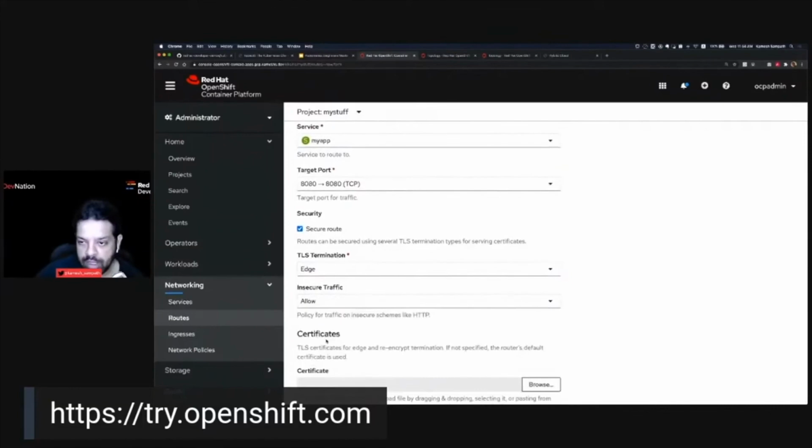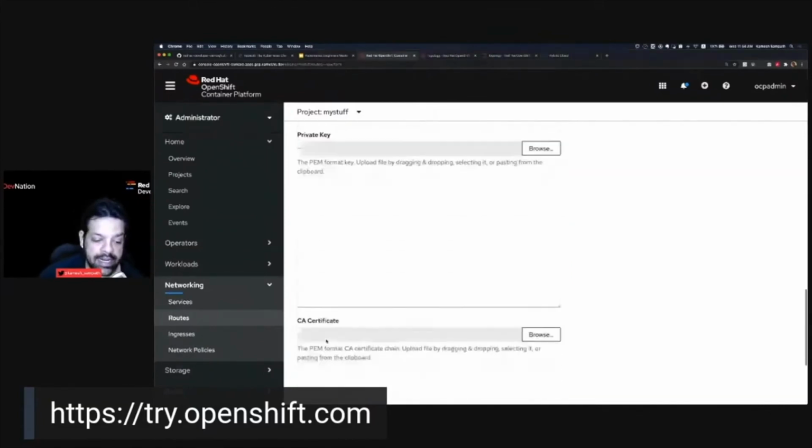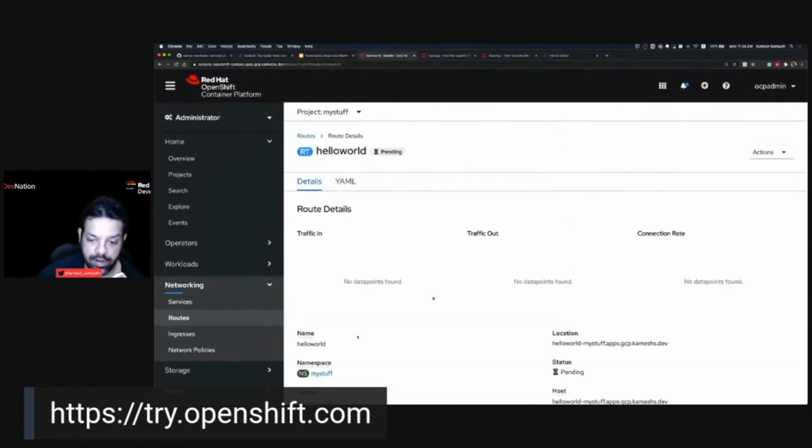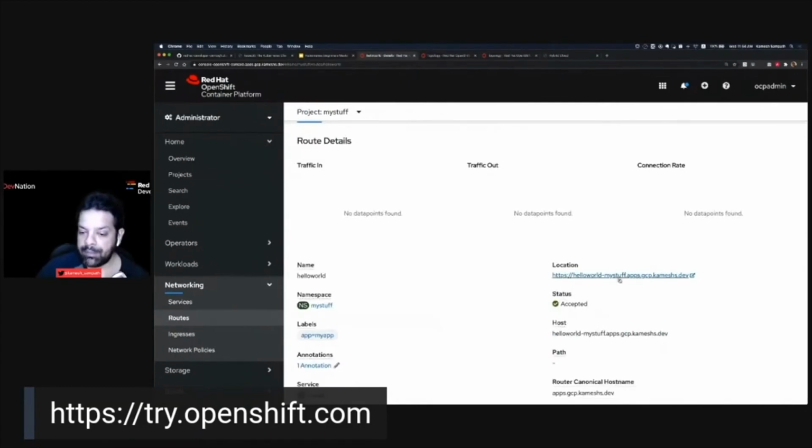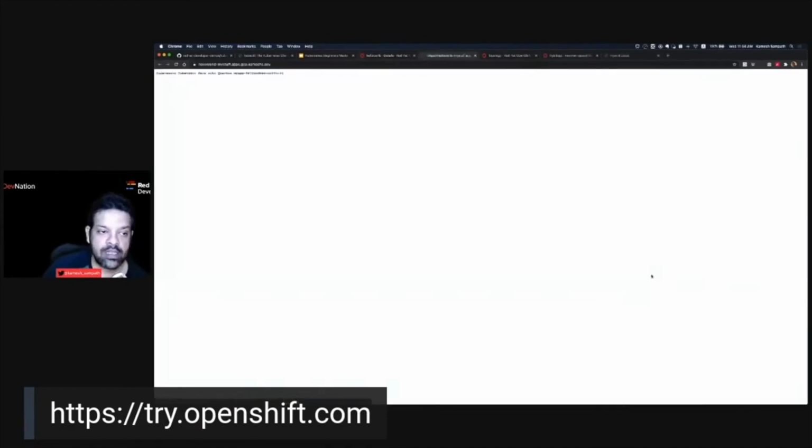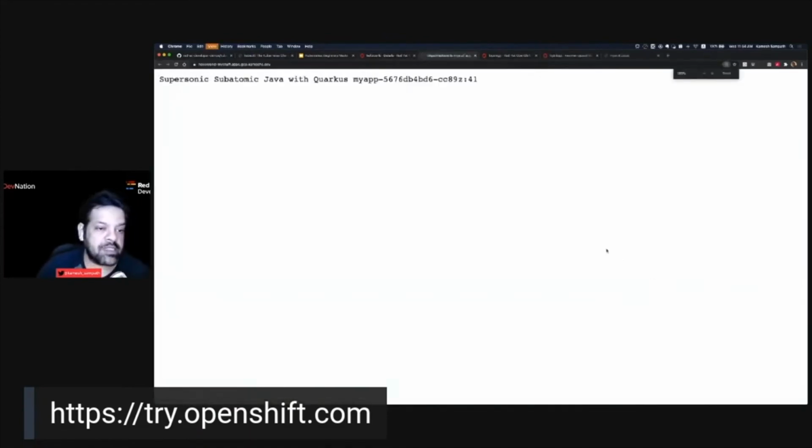Okay, these are all done through the console. And now the moment I click create, this is going to create a route for me, and then give me a public URL with my domain, because when you deploy an application, you'll have the domain name as well. And when I click on this, this is going to give me the same stuff which you saw on